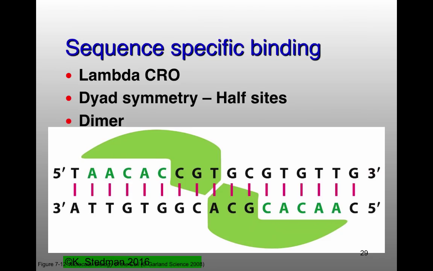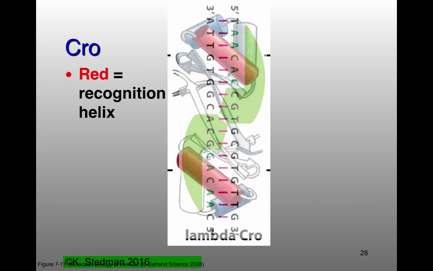And that brings me to probably the slide that I've gotten the most questions about in office hours, which is this one. Dimeric symmetry, dyad symmetry, half sites, etc. The idea here, again, we're binding in the major groove, but what the heck is going on? What's the DNA binding? What's not DNA binding? So I tried to mash these two images together. And I usually say I don't put any new slides into my review lectures. I'm breaking my own rules here.